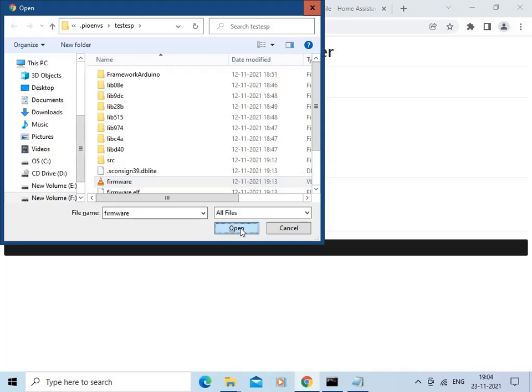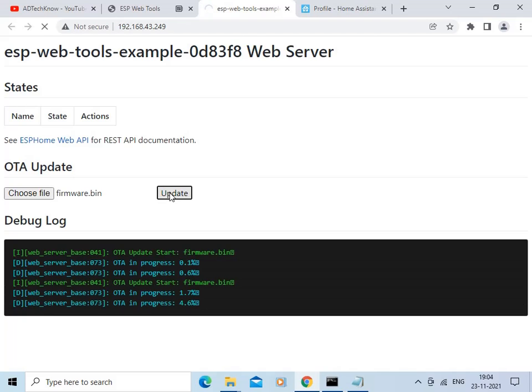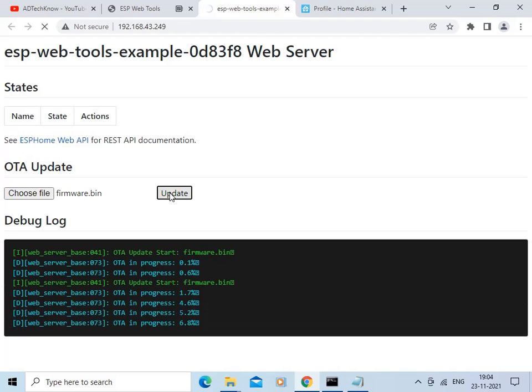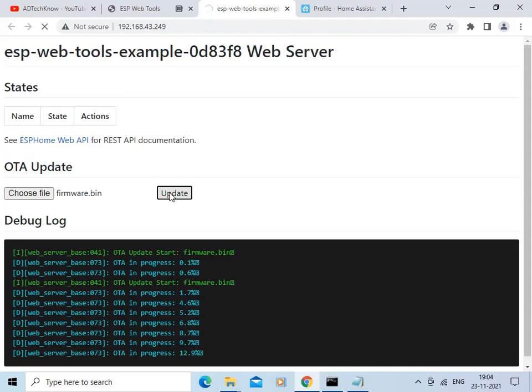Click here on open. Now our file is already selected and we are going to click here on update. So OTA is started, so file is getting uploaded on ESP32 board over there.